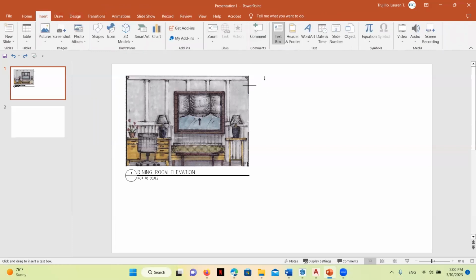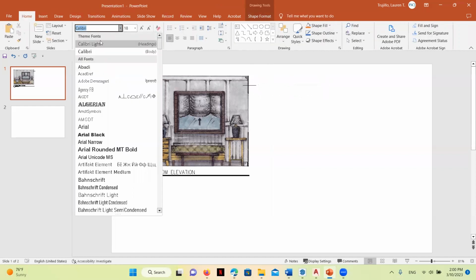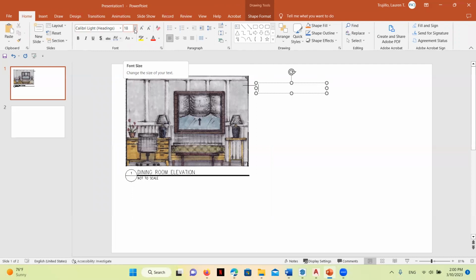Now I'm going to insert a text box, and I'm going to adjust the font here. I could do a nice sans serif font, very simple font. I don't want anything to distract. I'm going to make it 10-point font, and I'm going to put all capital letters, remember.